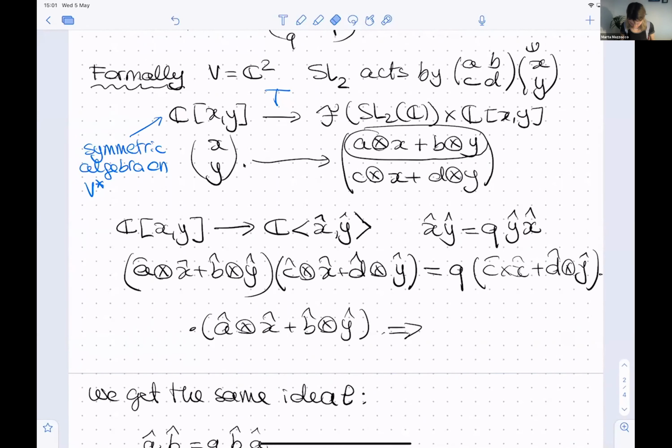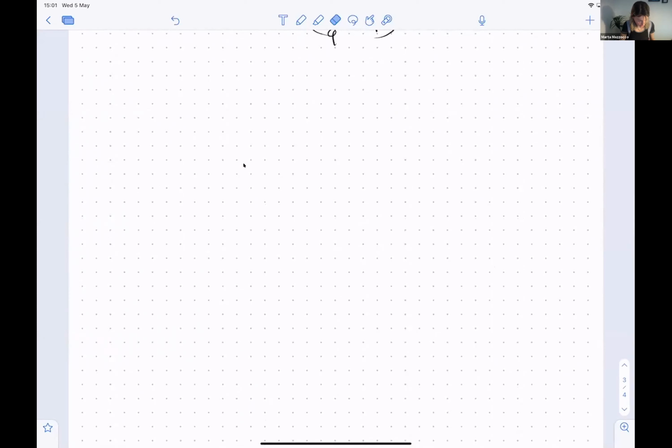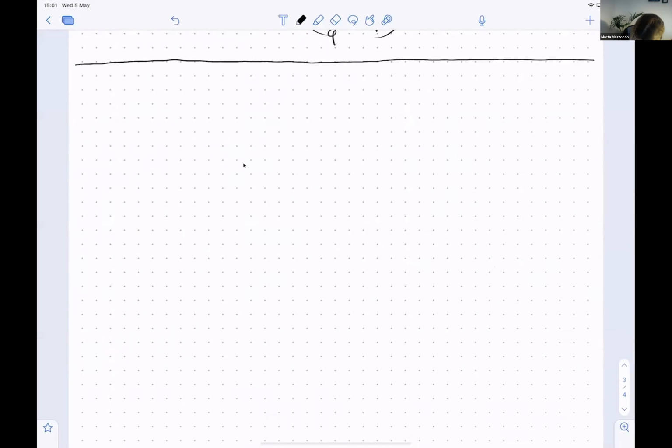No. Okay. So I would like to do another thing. I realize that I already spent half an hour for these two really introductory examples, so I'm going to be a little bit quicker. So in this lecture, I'm going to try and quantize a specific Hamiltonian system that I like very much.